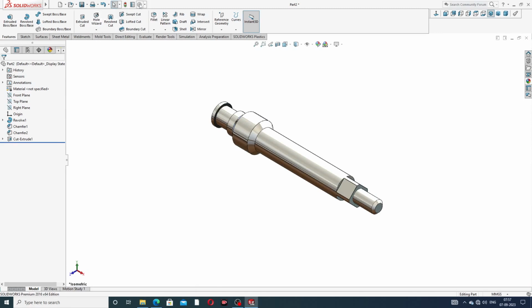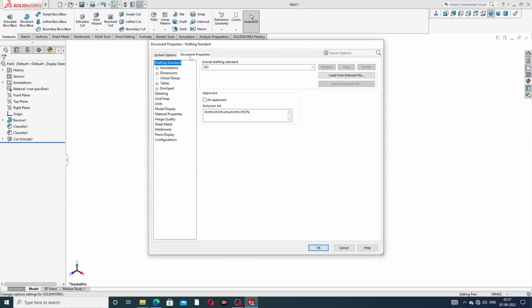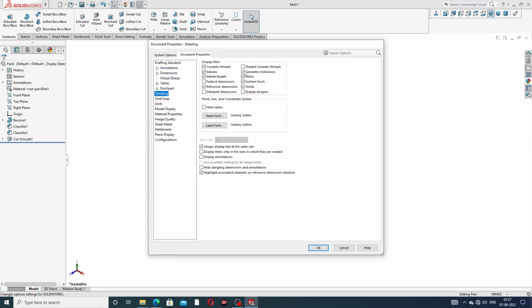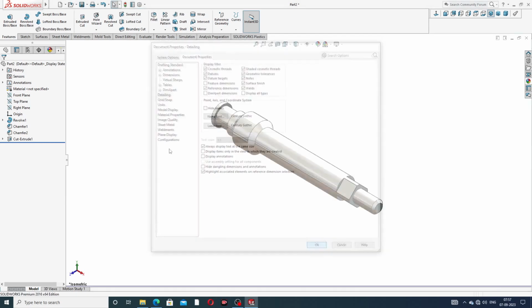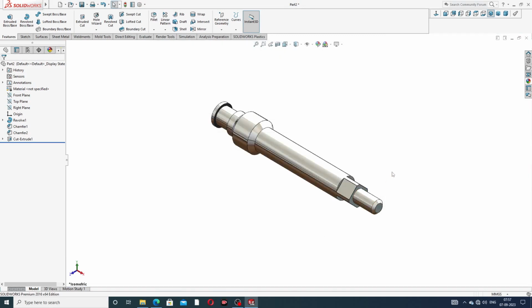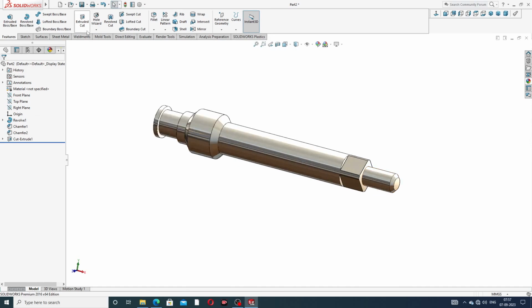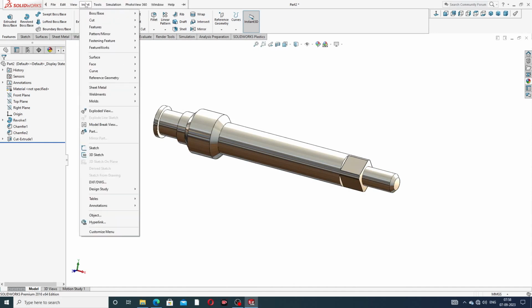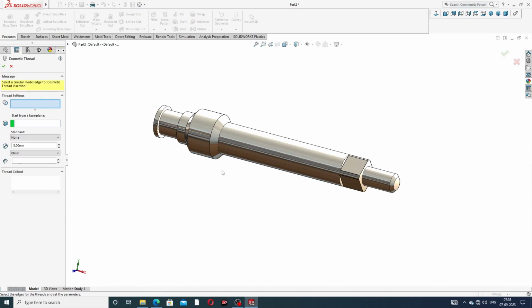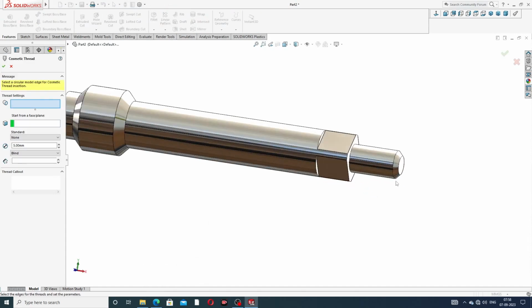Going to this option, document properties, and detailing, and cosmetic thread is apply here, and check this. Cosmetic thread. Going to this thread. Going to this insert and annotation and cosmetic thread, and apply here this,